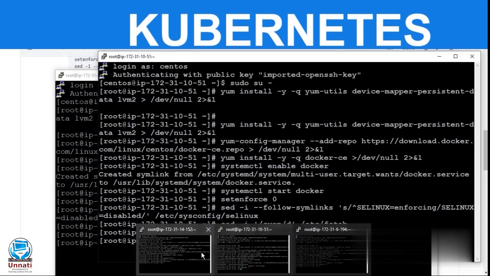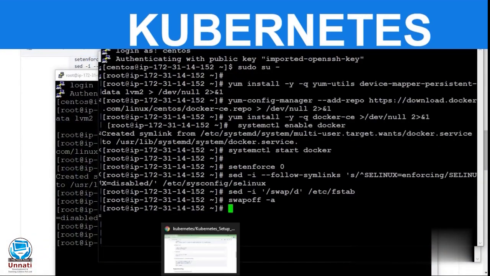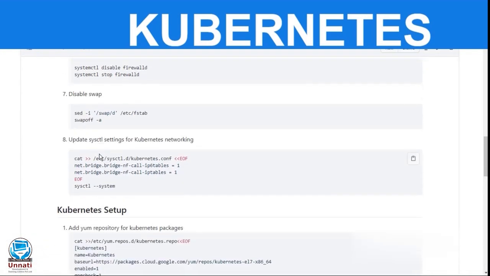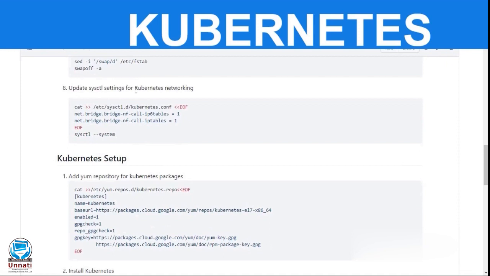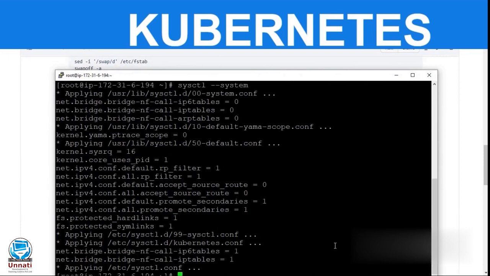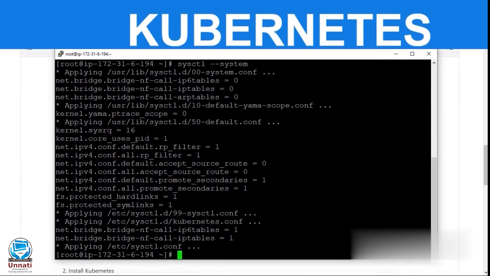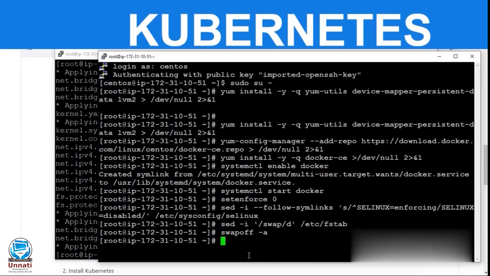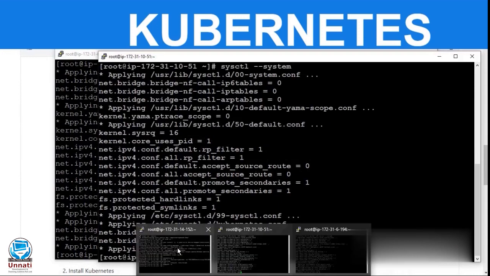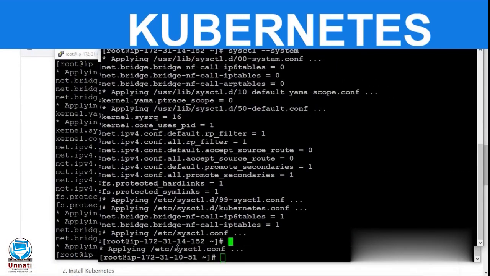After that, you have to use the sysctl setting for Kubernetes networking. We are going to use Kubernetes networking, so we have to configure it before running a command. Let me just configure it. After this, we will install our Kubernetes.